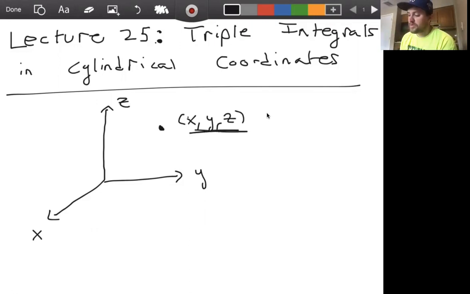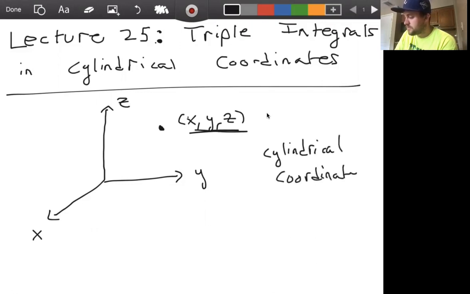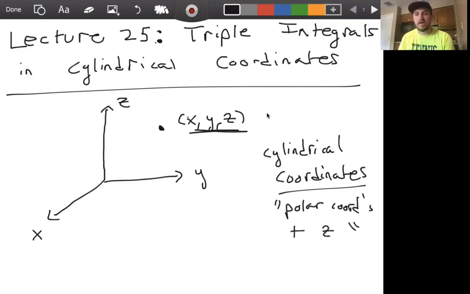And now we want to introduce so-called cylindrical coordinates. And cylindrical coordinates are not so foreign to us because we're very comfortable with polar coordinates by this point. And informally or intuitively, cylindrical coordinates are polar coordinates plus z, basically. So what we're looking at is we have in the r theta plane, down here somewhere,